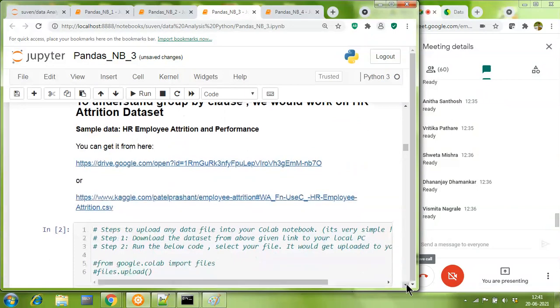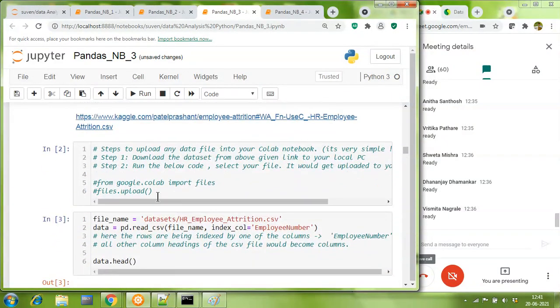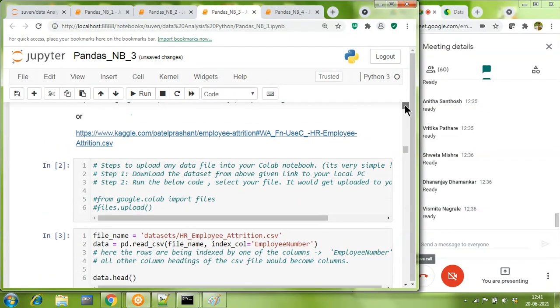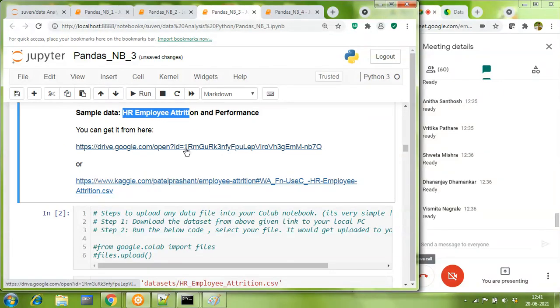So, first things first, friends. Request to all of you to please upload the data. But from where will you download the data? Please note that there is a drive link that is given to you. First download the HR employee attrition.csv file from this drive link and then upload it to your Colab. Once uploading starts, simply say on the chat, upload started. Then I will proceed further with the explanation of the next cells.